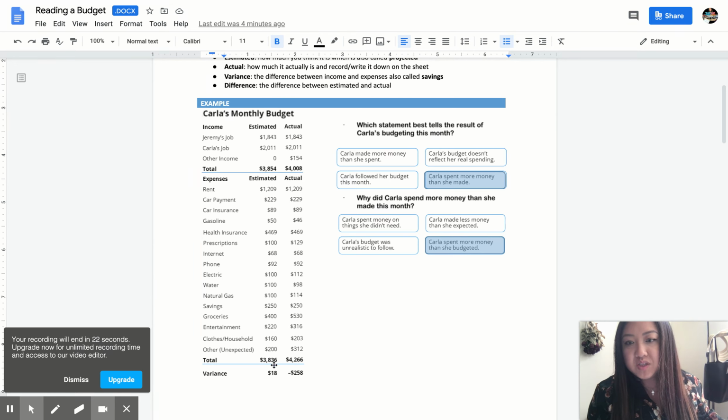Also, she thought that she would spend $3,836, but she actually spent $4,266. So do you know what that tells me? That tells me that she spent way too much. You can tell right away that the variance is a negative $258. So that means instead of just spending $3,000, she spent,